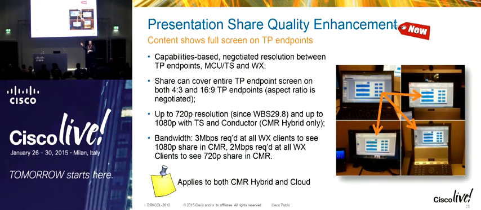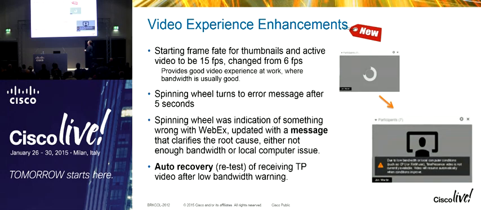So the last feature set that I'm showing you is always referring to the 10.6 as a system release. So remember the column in the right. Those system releases are enabling these capabilities, including content sharing up to 1080p. And lastly, another announcement that's been very important, specifically for some customers. We've been working on improving the way the video is connected into WebEx. Two main things here. First of all, we've been increasing the frame rate from